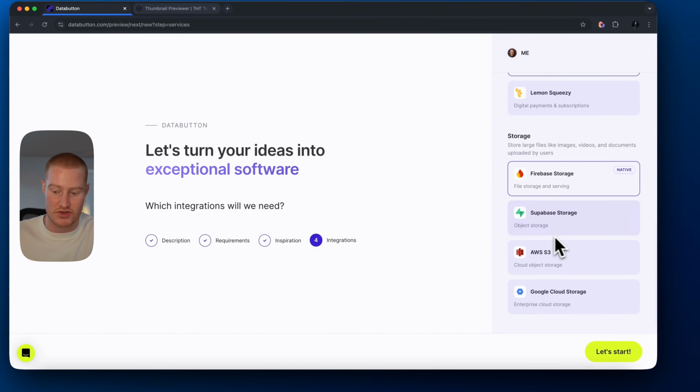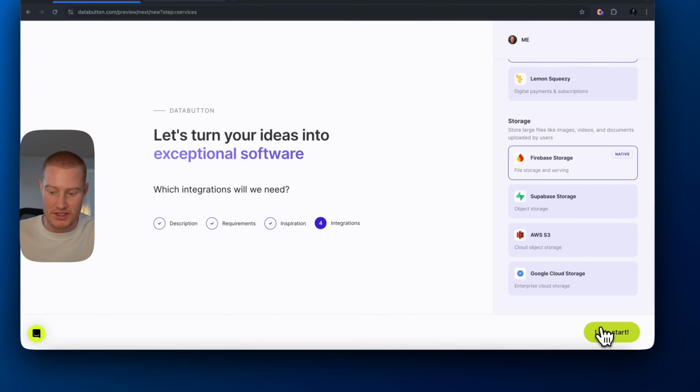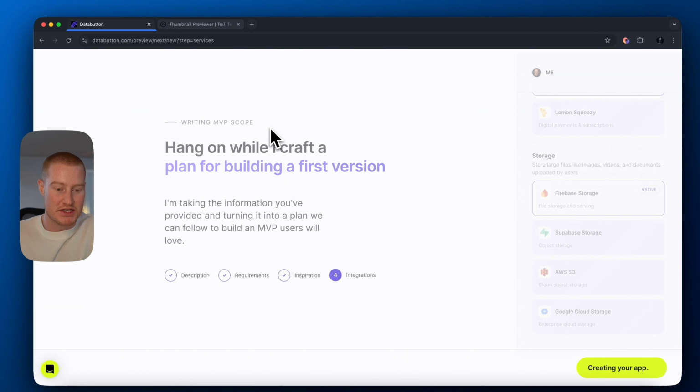And then I'm going to use Firestore. We could use Supabase, we could use AWS or Google Cloud Storage. So let's go ahead and start. And what it is doing now is actually writing the MVP scope. So you could see it's saying, hang on while I craft a plan for building a first version. I'm taking the information you've provided and turning it into a plan we can follow to build an MVP users